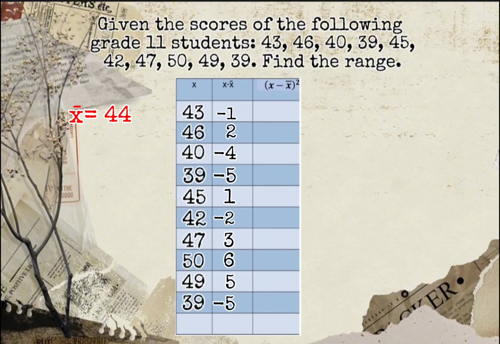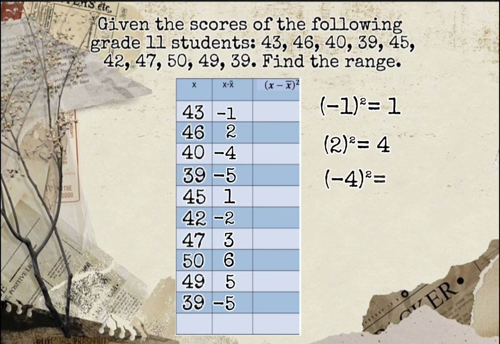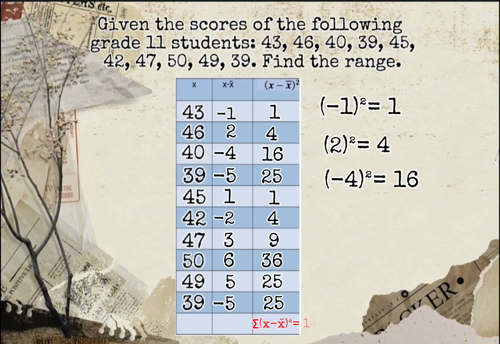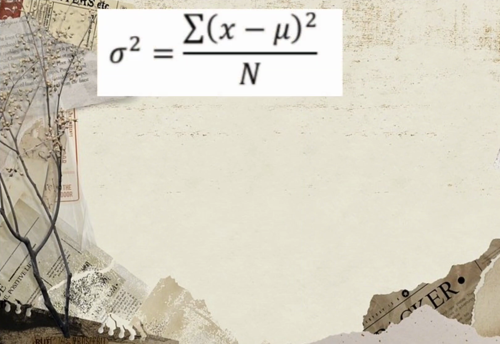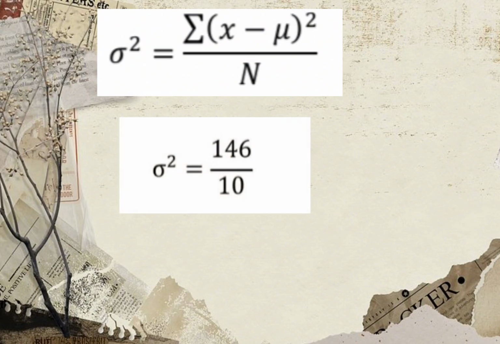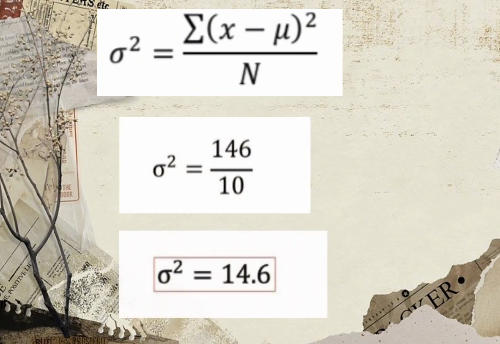For the third column, we just have to square each answer from the second column. Negative 1 squared is equal to 1. 2 squared is 4. Negative 4 squared is 16, and so on and so forth. After that, we're going to add them all. So the summation of that is 146. We are now ready to use the formula in finding the variance. So we just simply divide 146 by n, which is 10, and that is 14.6,